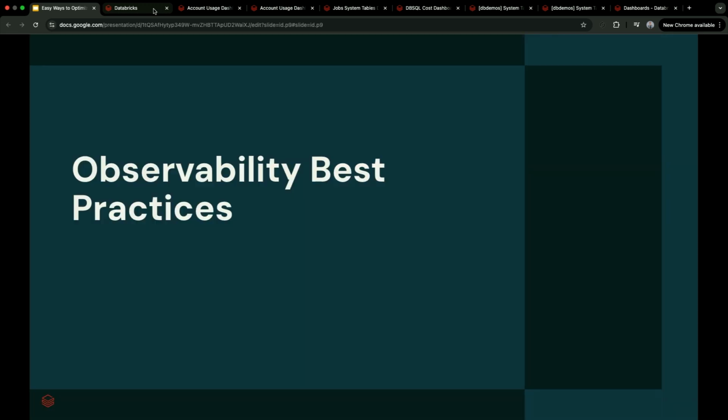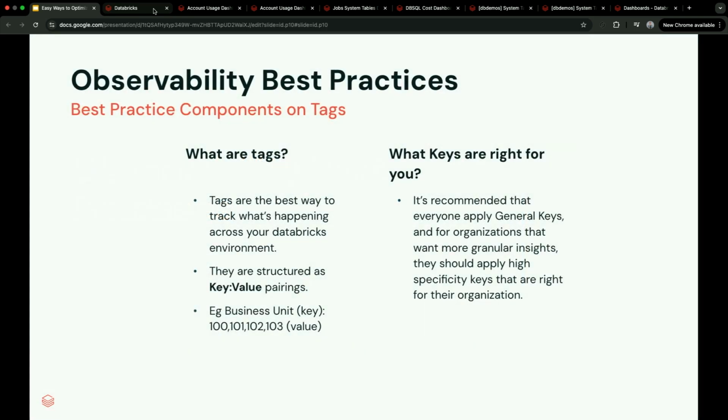Okay, so starting with observability best practices, we will be talking mainly about 2 things, tags and policies. So what's a Databricks tag? A Databricks tag is a key value pair that you can set at the level of each Databricks resource. For example, at the workflow level, compute like clusters, endpoints, any type of resource, you can define the tags, but the definition of tags will depend on your